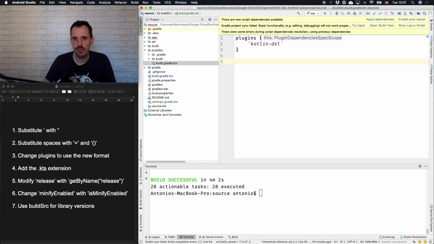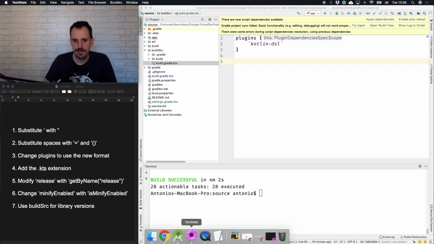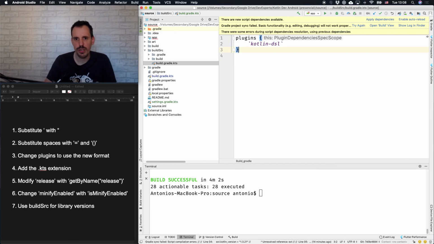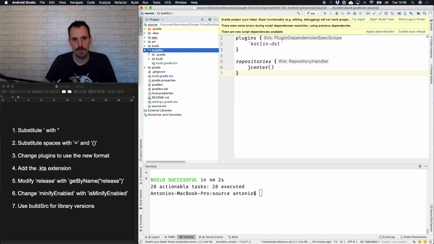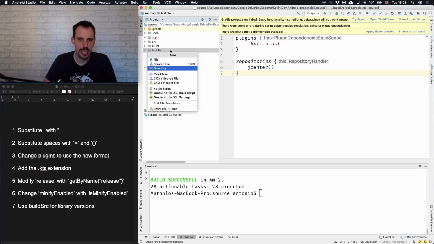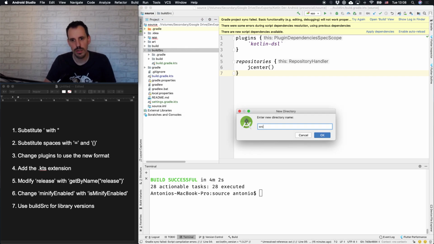And the second thing we need to do is to specify the repository where this plugin is going to be taken. So repositories, JCenter. And that's it. With this, we can then create classes using Kotlin, classes or objects that we can then use in our Gradle files. So here we need to create the source structure, src